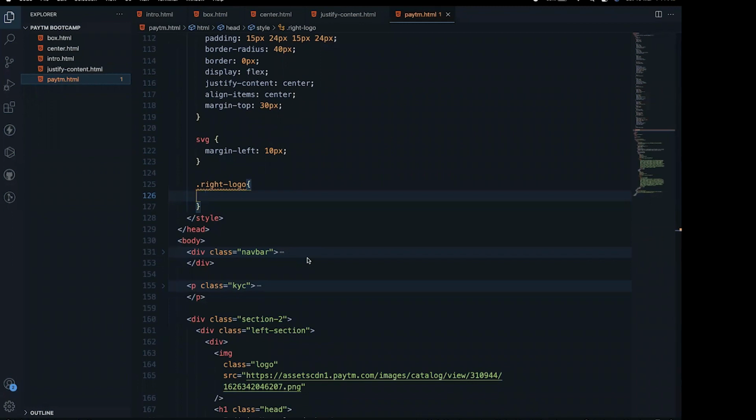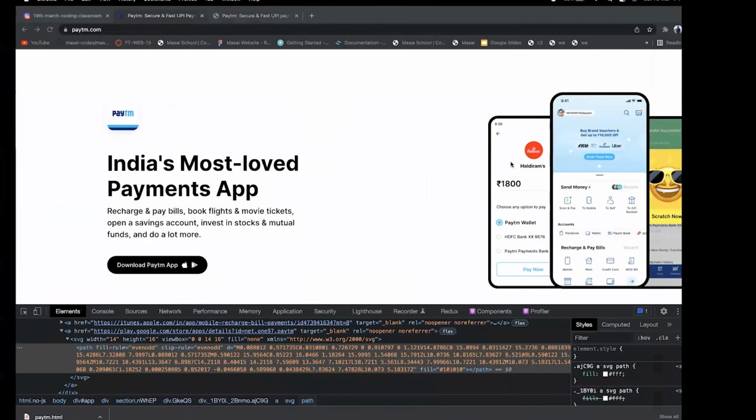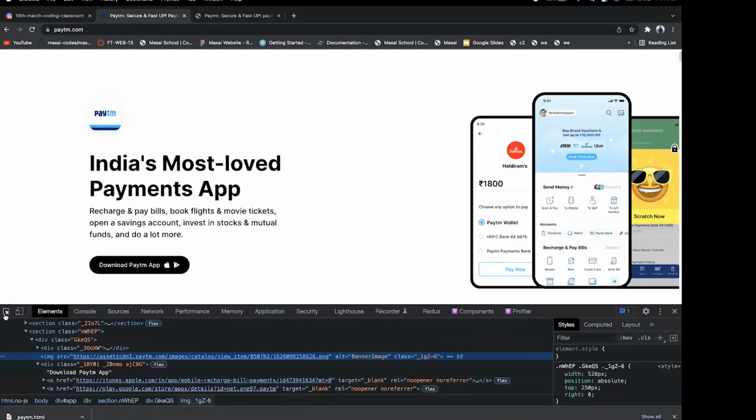So I'll give all those things for the right logo. So I'll give some height. So I can also inspect the image size. If I click on inspect, if I click on this,